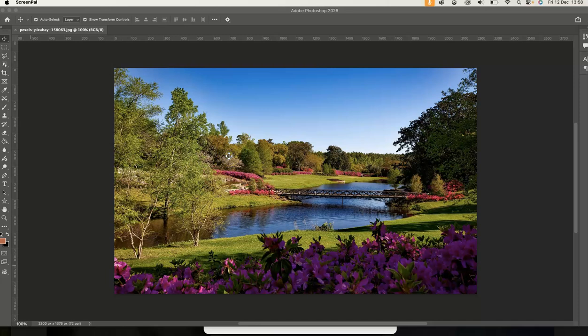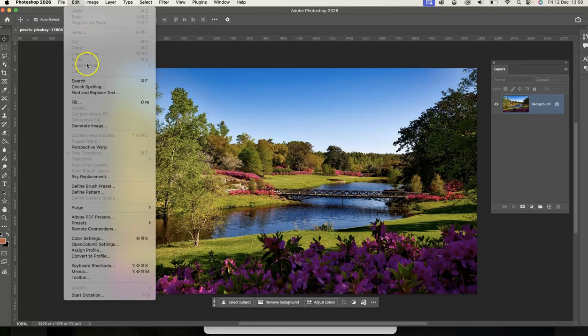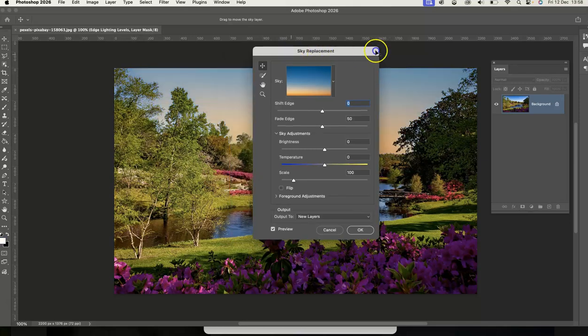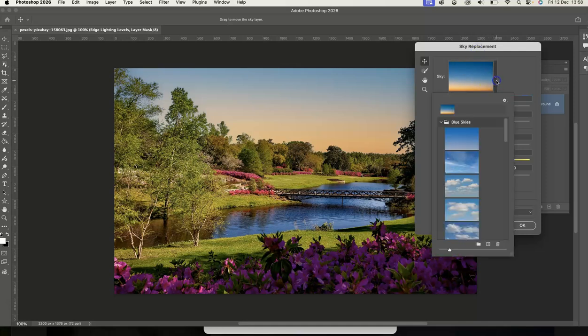Okay, so we're going to use the sky replacement tool. I've opened up this image in Photoshop, and to use the sky replacement, I go to Edit, Sky Replacement. Photoshop is working out what is the sky and what is the foreground. By default, it has applied this sky, but if I use my drop down, I can see that there